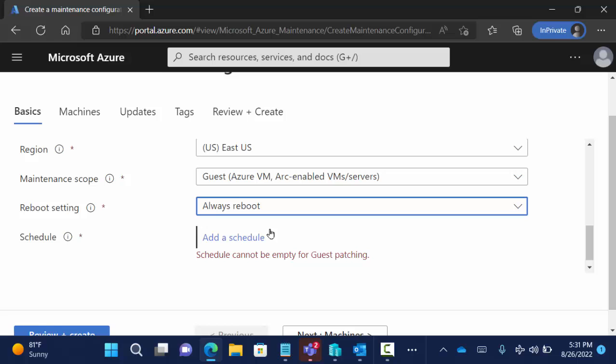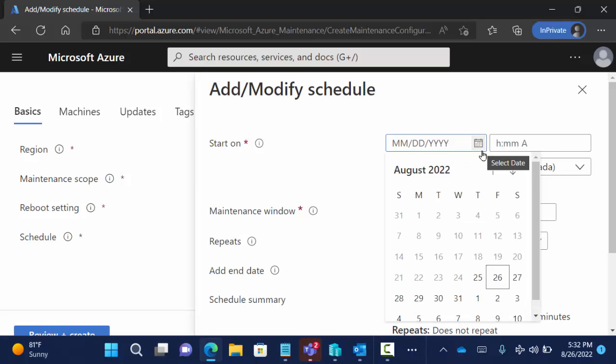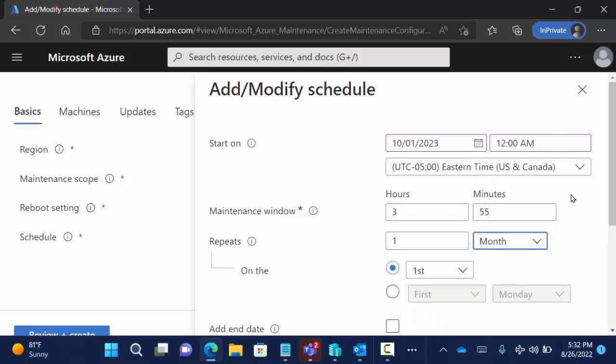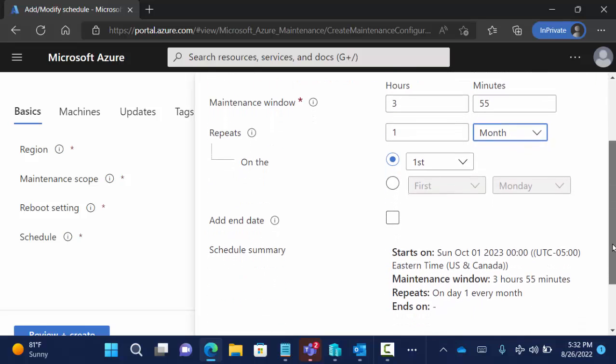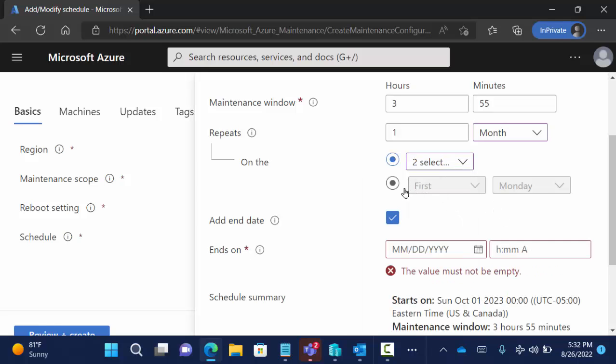Reboot settings. So here's where you configure your reboot settings. And now you can configure your schedule. So I'm just going to add a silly schedule and say that it starts way in the future. So somewhere down here, I'll start it here. And yeah, I give it the maintenance window, how often to repeat. So I'll say once a month, right? That's fine. And you could configure Patch Tuesday in here if you wanted to. So repeats, here's the Patch Tuesday. On the second Tuesday